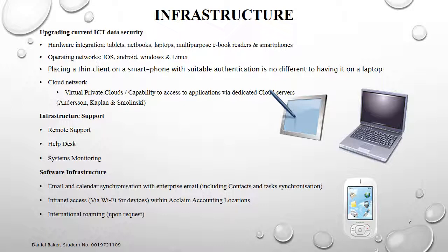we're using laptops nowadays. Looking at cloud networks, the evolution of virtual private clouds, giving us the capability to access applications, files, data, so forth, through dedicated cloud servers. Also, the support that we can provide, such as remote support, help desk, systems monitoring, and looking at the software, email and calendar synchronization, internet access through our locations via Wi-Fi, and for staff that have to travel overseas using